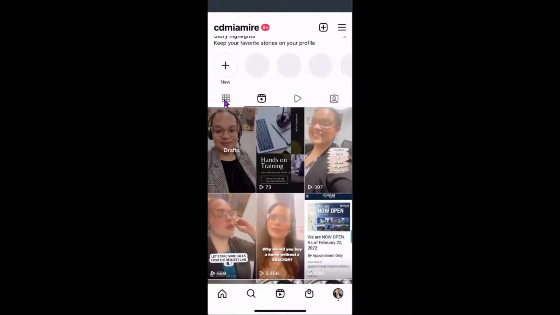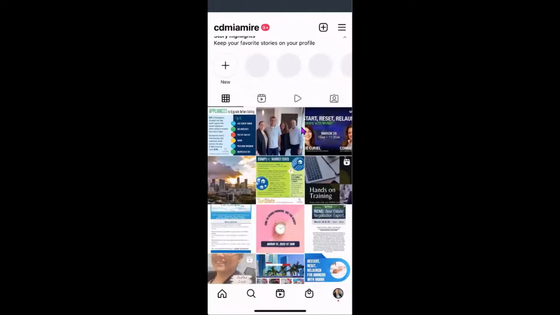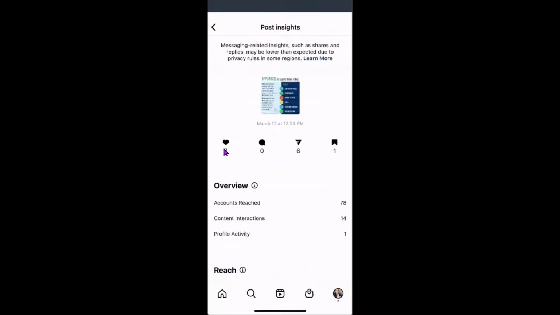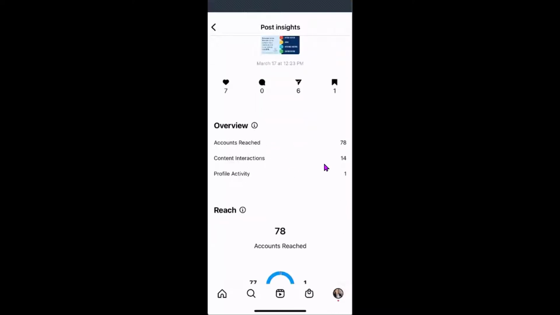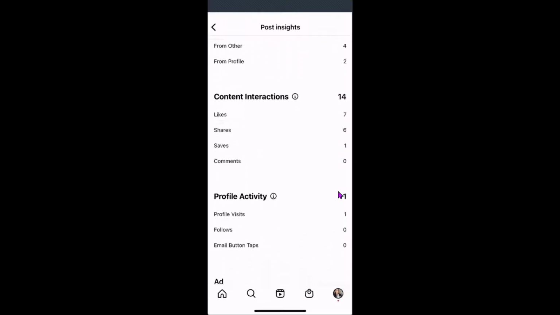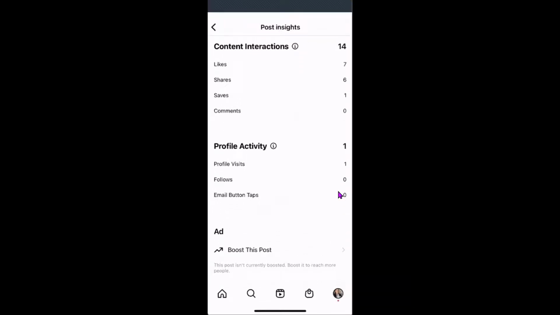So if we click on the first graph, you have all of my posts and I can go ahead and click on here and we can see the insight. So tapping on insight will give us 7 likes, 0 comments, 6 shares, 1 save, which is good. That's great interaction. We can see the overview. Accounts reached 78, content interaction 14, profile activity 1. If I continue to scroll, I can see my reach, my content interaction, and my profile activity. And if I wanted to boost it and create an ad,